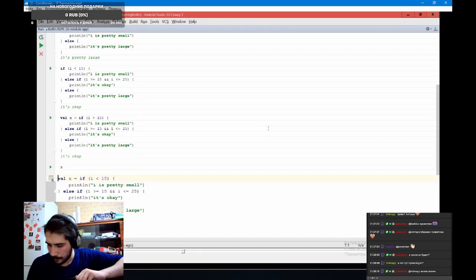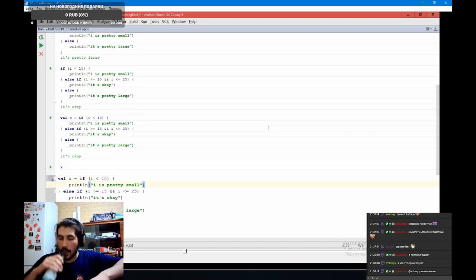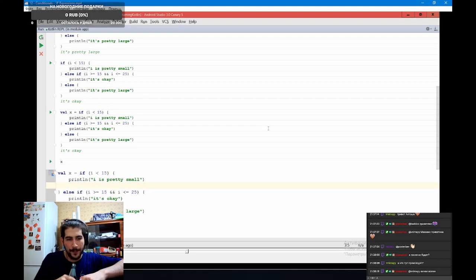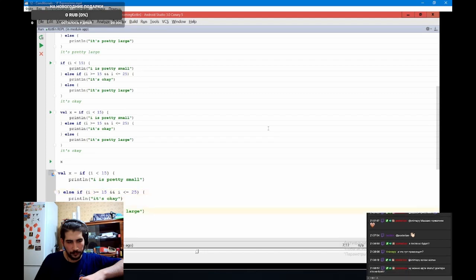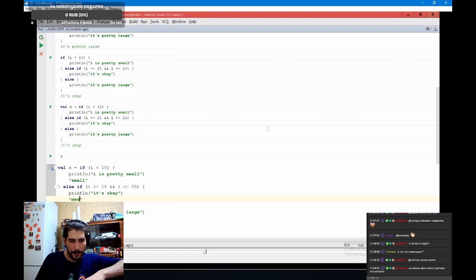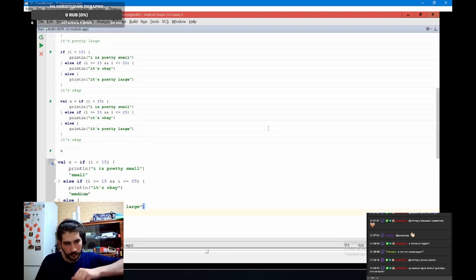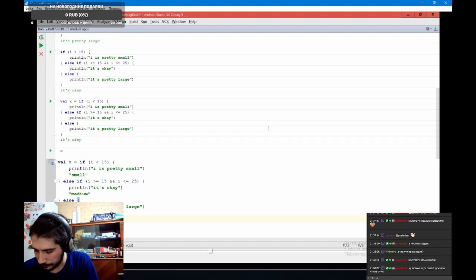Now in order to define a return value, you can add a value to the end of, or to the last line of each block in here. So the last line in each block, so inside the if block here, inside the else if block, and inside the else block, will then define the return value. So let's say in this case we want x to be set to small, here we want x to be set to medium, and here we want x to be set to large. Now in this case, if I go ahead and run this,